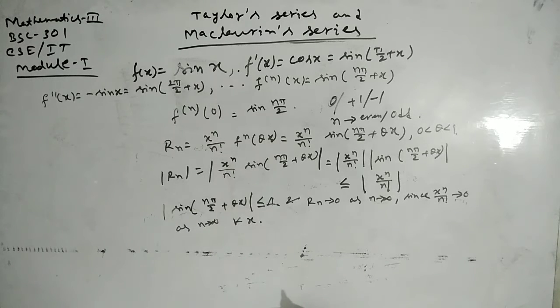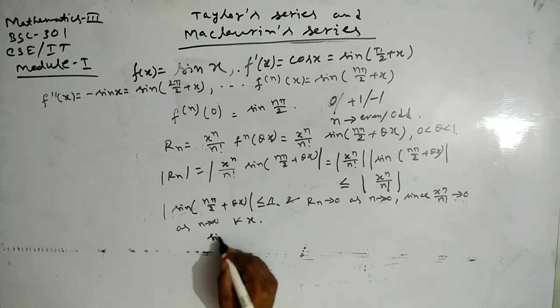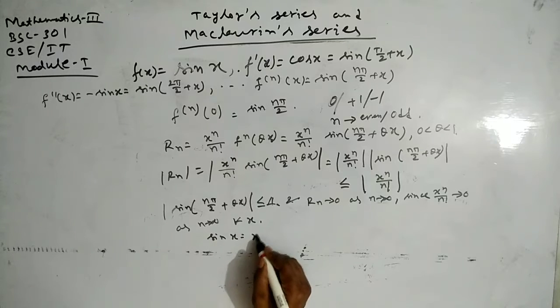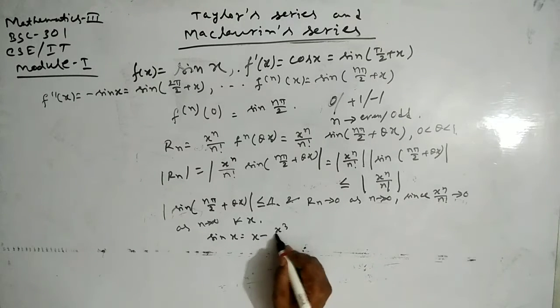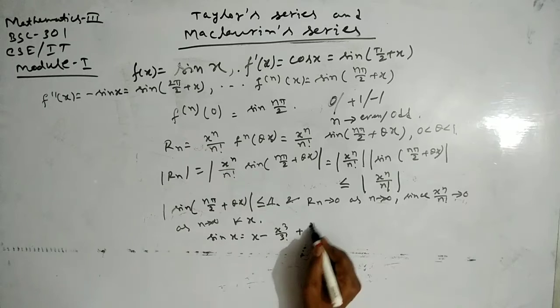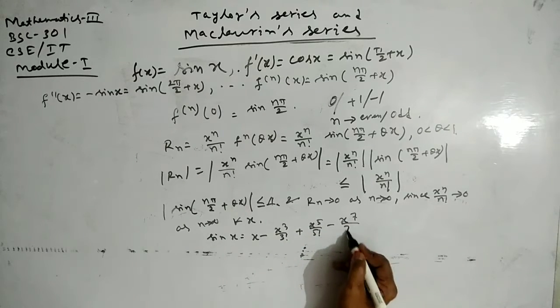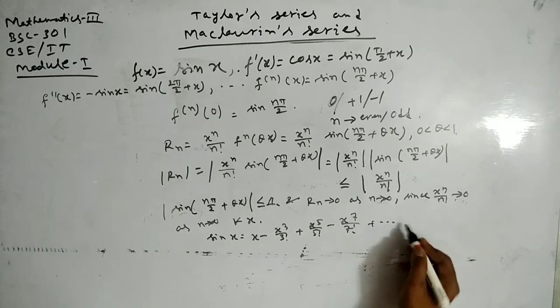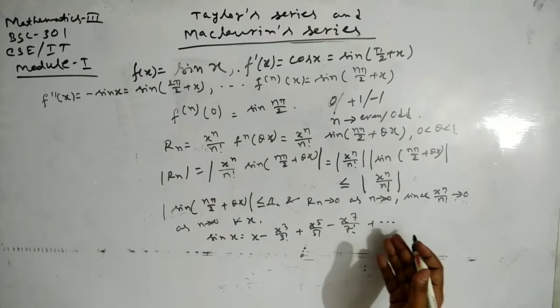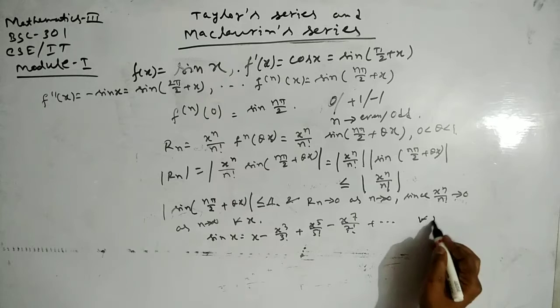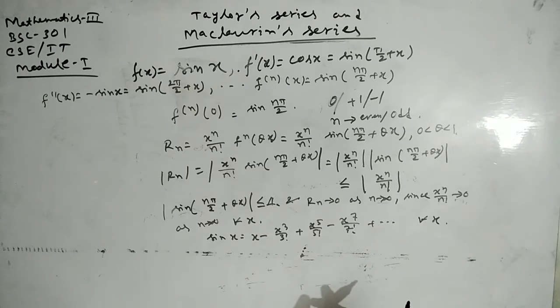So by Maclaurin's infinite series, we get sin x equal to x minus x cube by 3 factorial plus x to the power 5 by 5 factorial minus x to the power 7 by 7 factorial plus up to infinity. This will continue infinitely for all x. Next,